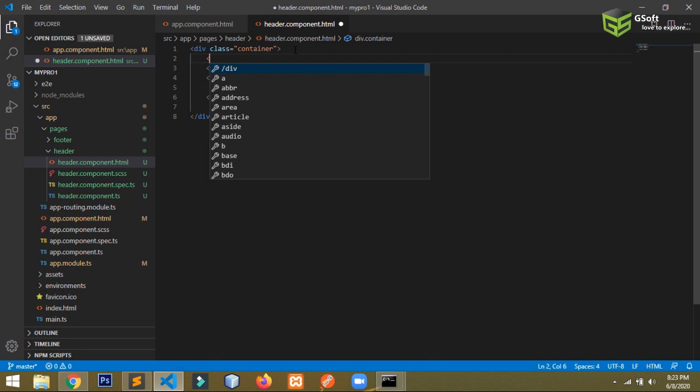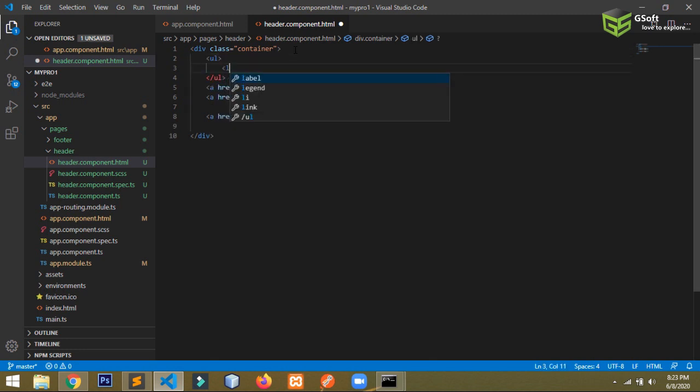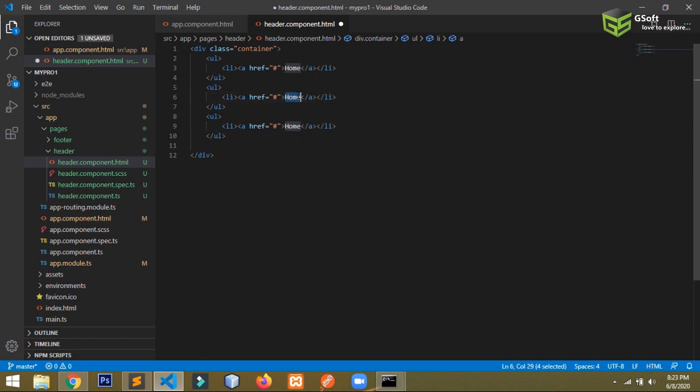If I create ul, and inside that I will create li, and inside that I will paste it. I will just remove it.